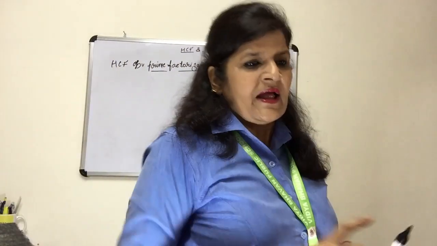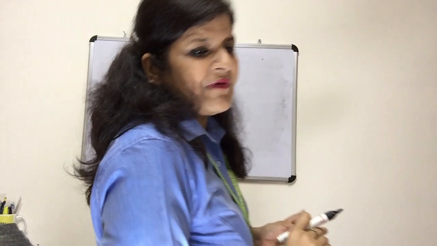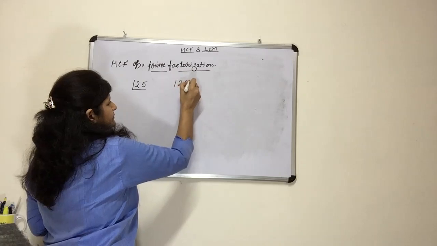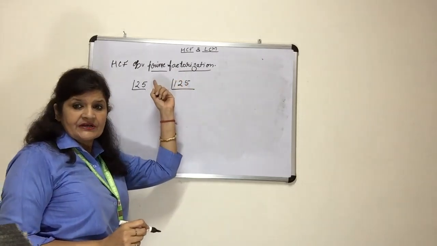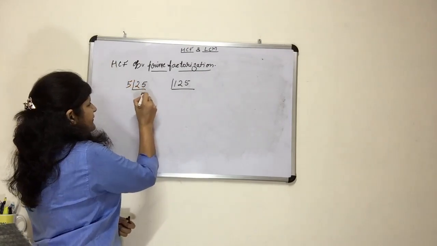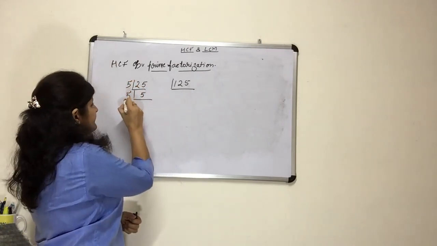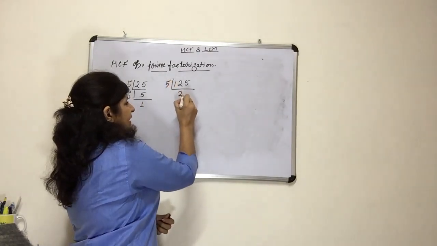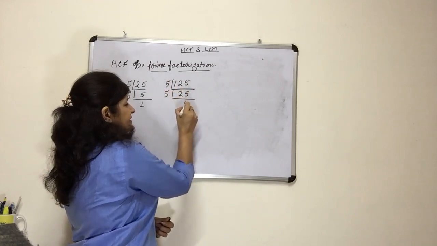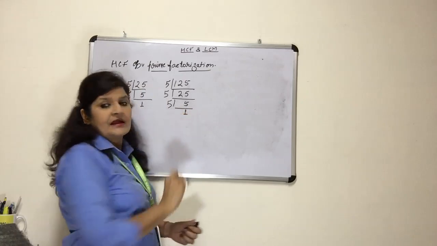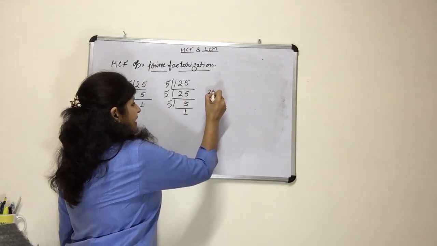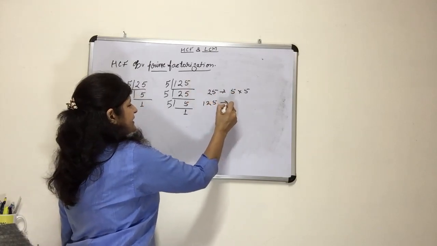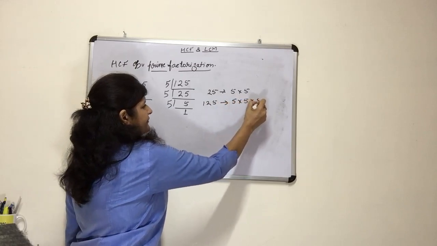The prime factorization method. Now see the numbers 25 and 125. The same prime factorization method. See, 5 fives are 25. Now 5 ones are 5 and it is over. Now coming to 125, 5 twos are 10, 5 fives are 25, 5 fives are 25 and 5 ones are 5. Now we will write all the factors. 25 is having 5 multiplied by 5 and 125 is having 5, 5 and 5, that is 3 times 5.